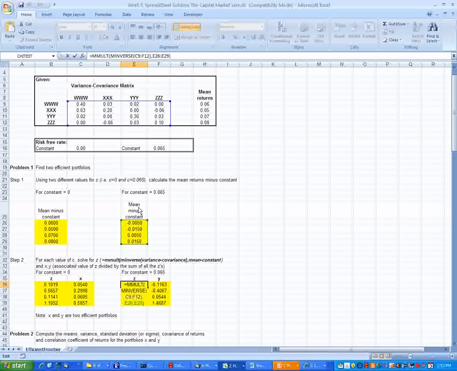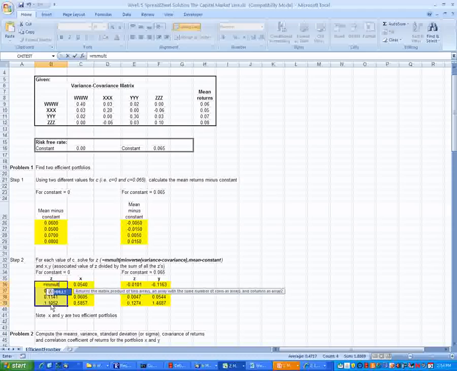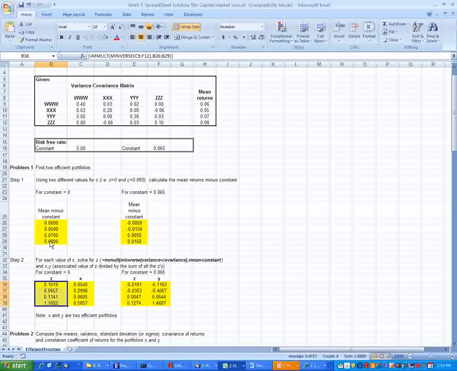And of course this is a matrix multiply, and it's a control array, and it provides all of these. So when we implement this, we highlight everything, hit equals, matrix multiply first, then matrix inverse second, then we highlight our variance-covariance matrix, hit that, and multiply by our constant, close the bracket, and then hit Control-Shift-Enter, and we get our values. But these values don't add up to 1, and we need them to add up to 1, so